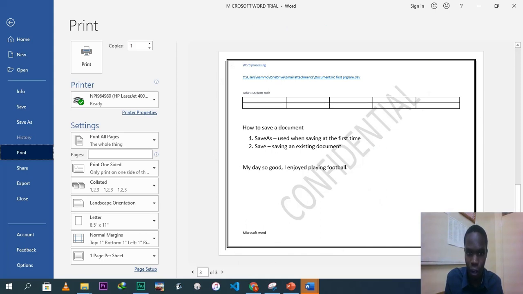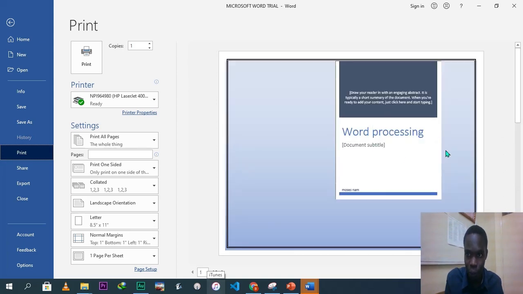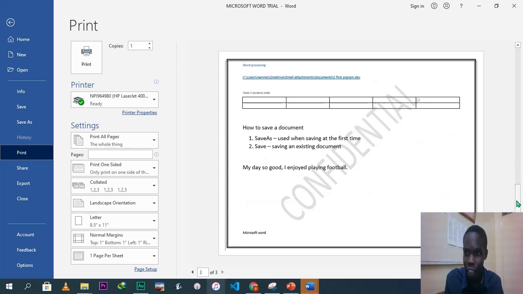This one is page 3. This one is page 2. I think you can see here. You can use this one to see the pages. This one is page 2, and when you move up, this one is page 1. Okay. So after previewing and knowing that everything is very okay, the margins are okay, everything is just okay,